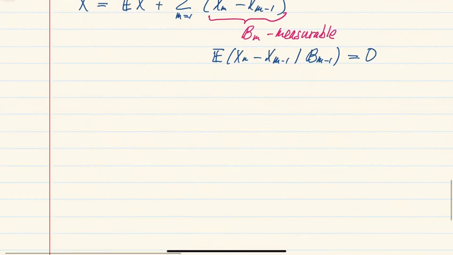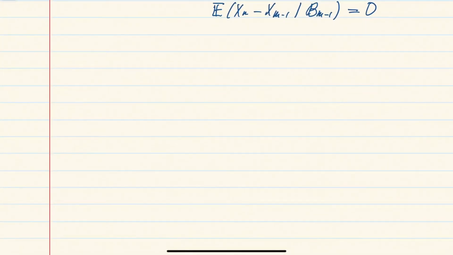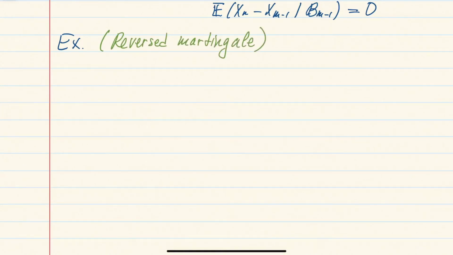Right, and the next example, which will be the final example here, is the so-called reverse martingales. And this will give us a new point of view on the strong law of large numbers, or a new proof of the law of large numbers later on. So particularly here, we start by looking at an IID sequence. We have xi indexed by the integers, which will be independent, identically distributed, integrable,